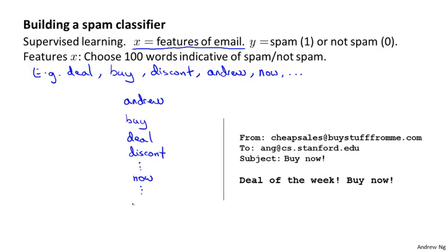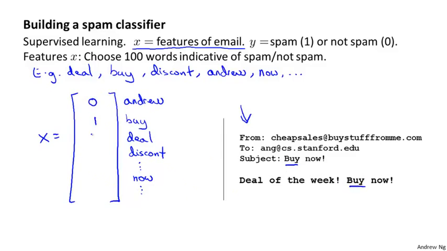And given a piece of email like that shown on the right, I'm going to check and see whether or not each of these words appears in the email, and then I'm going to define a feature vector x, where in this piece of email on the right, my name doesn't appear, so I'm going to put a 0 there. The word buy does appear, so I'm going to put a 1 there,